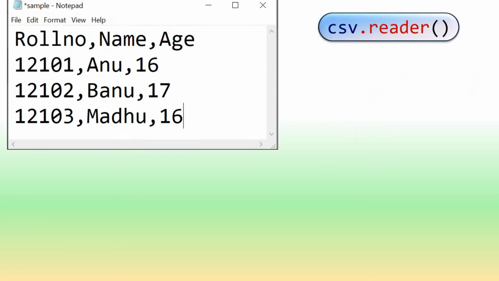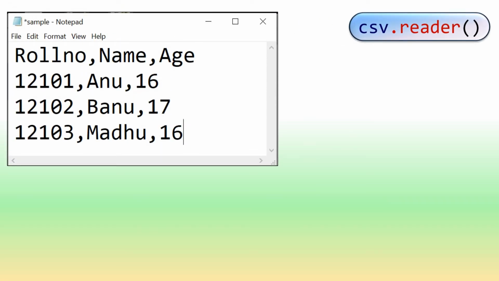Look at this example. Here I have a notepad file which is a CSV file, sample.csv.